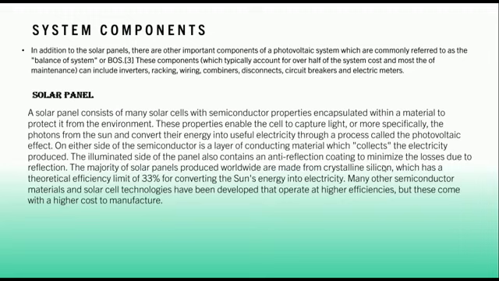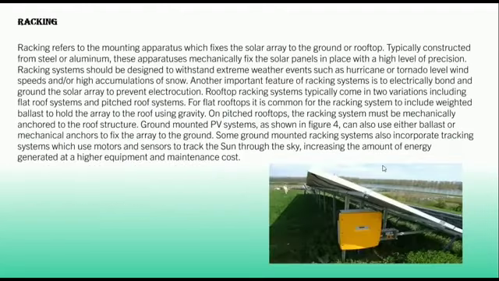The majority of solar panels produced worldwide are made from crystalline silicon, which has a theoretical efficiency limit of 33% for converting the sun's energy into electricity. Many other semiconductor materials and solar technologies have been developed that operate at higher efficiencies, but these come with higher cost to manufacture. Racking. Racking refers to the mounting apparatus which fixes the solar array to the ground or rooftop,